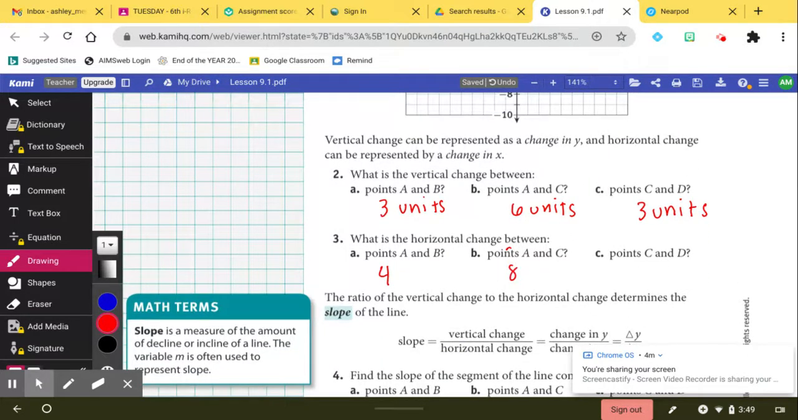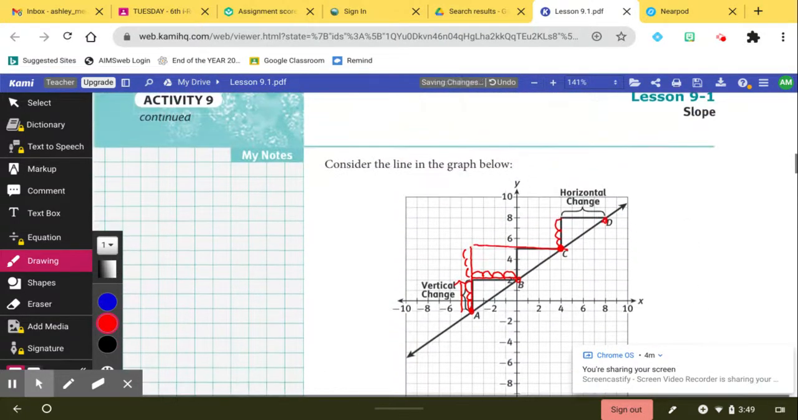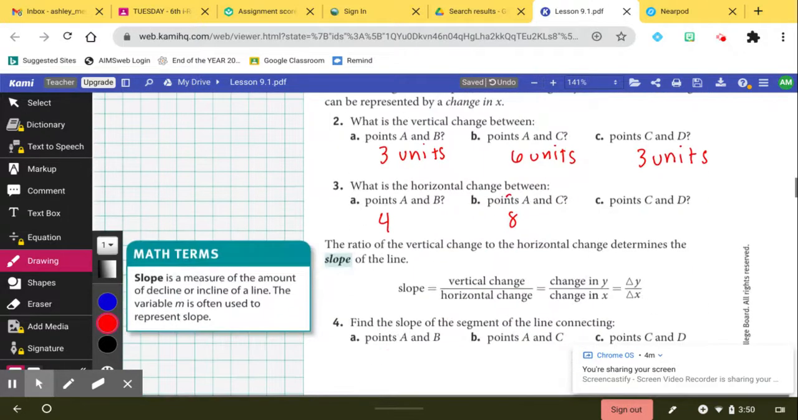Oops. And then C and D. Well, I'm already up, and I would need to go over 1, 2, 3, 4. Perfect. So over here it says,